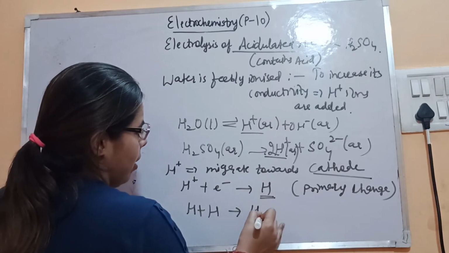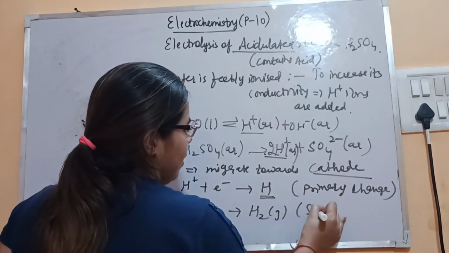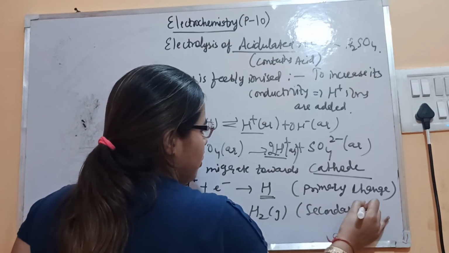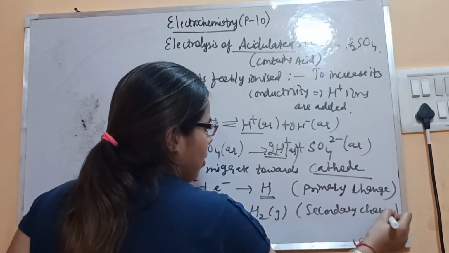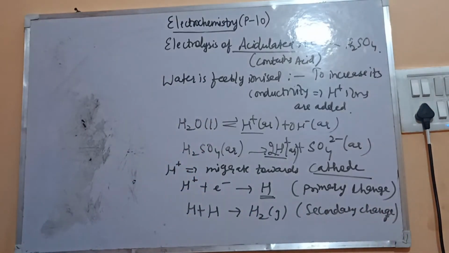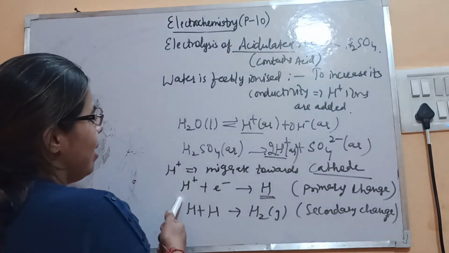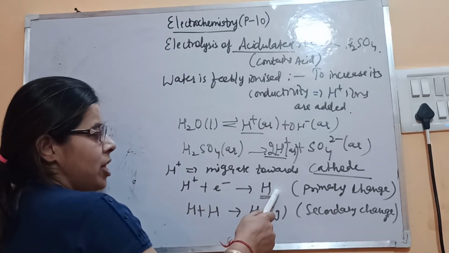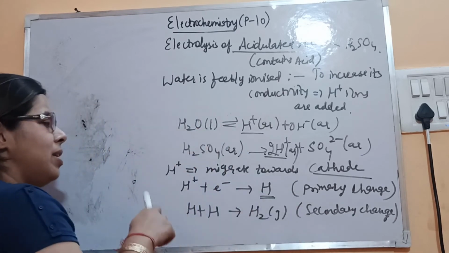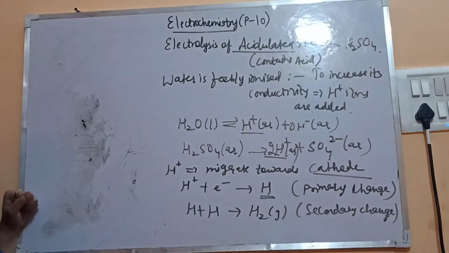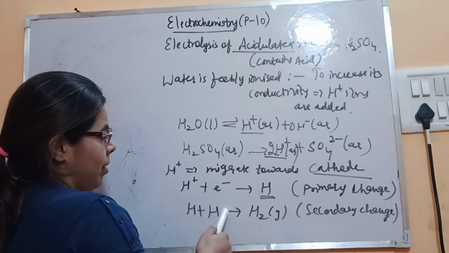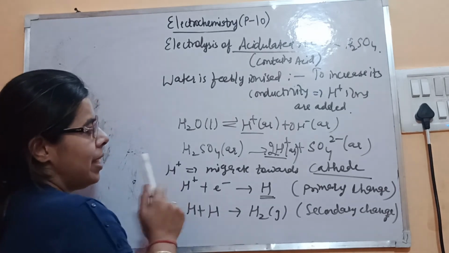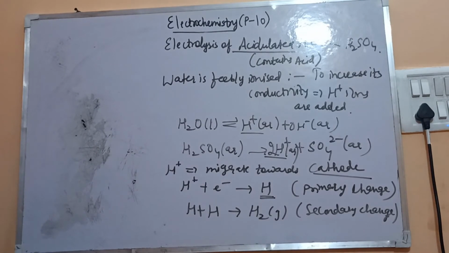Then this process is known as secondary change. So this we have seen in the electrolysis part, that if the ions are releasing their electrons, means discharging their electrons towards the respective electrodes, then it's the primary change becoming neutral species, and then the neutral species either will remain as such or it will further take part in the reaction. So that is known as secondary change. So hydrogen gas is getting evolved at the cathode.